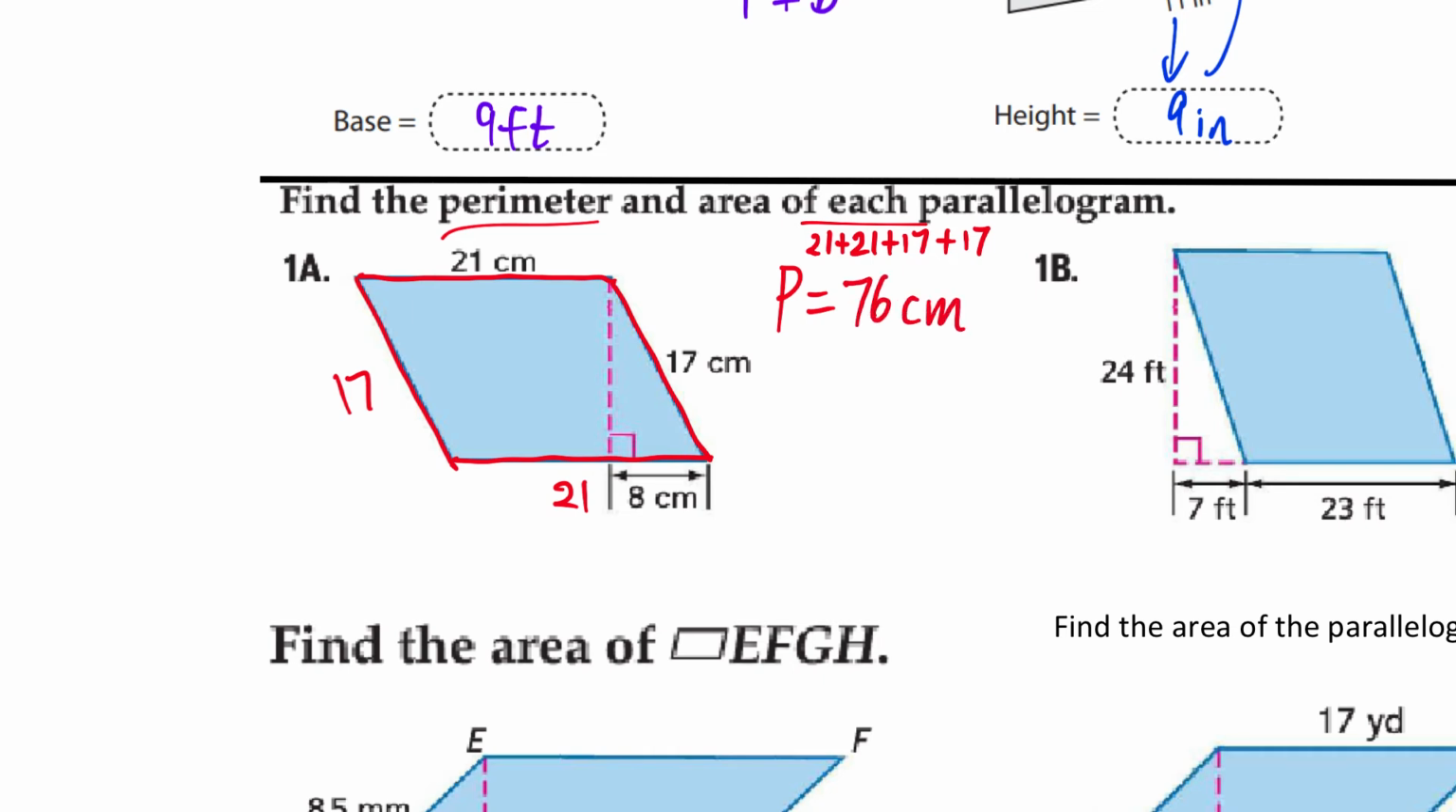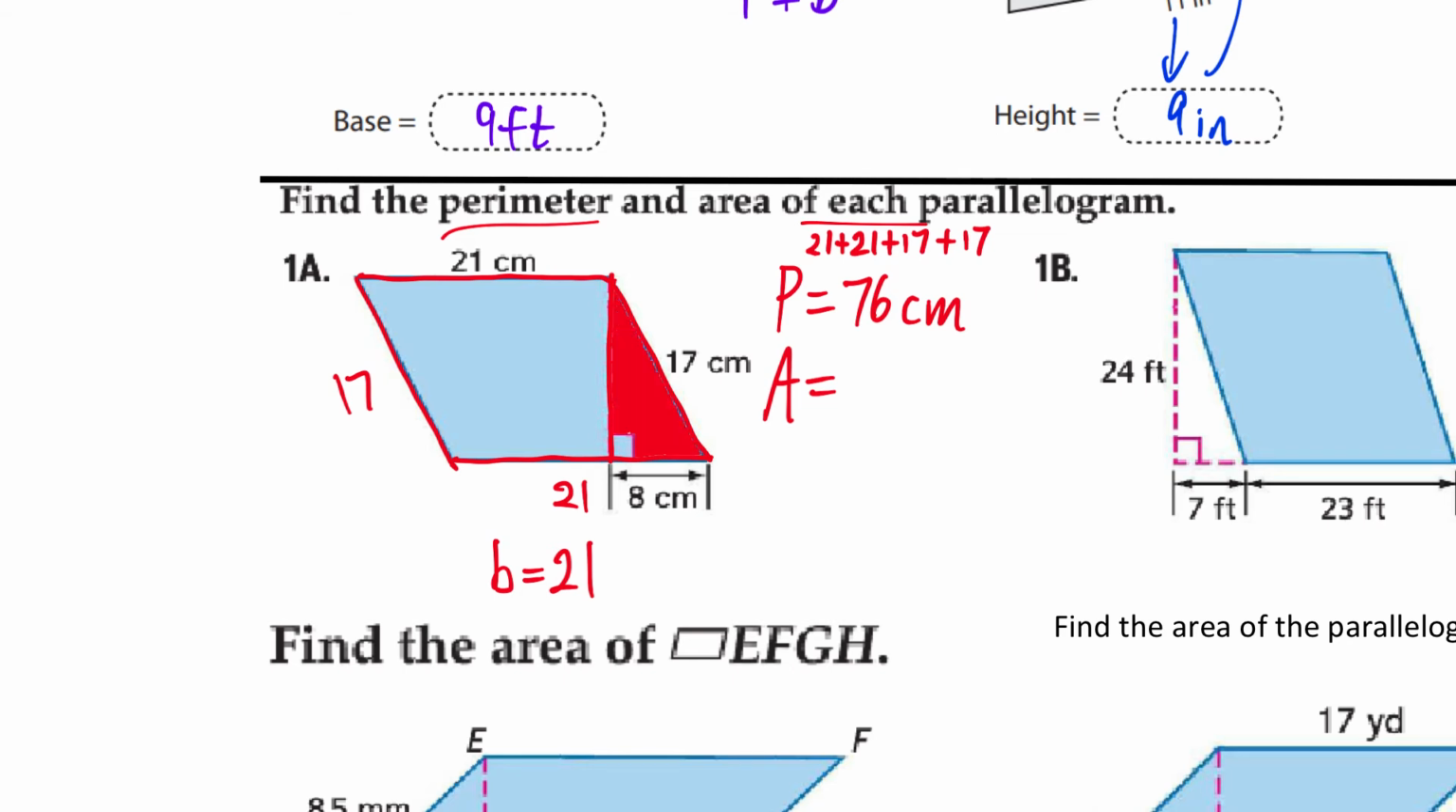76. Yep. Now, for the area, what is the base of this parallelogram? 21. The base is 21. Do I know the height? No. But if you'll notice what's going on right here,